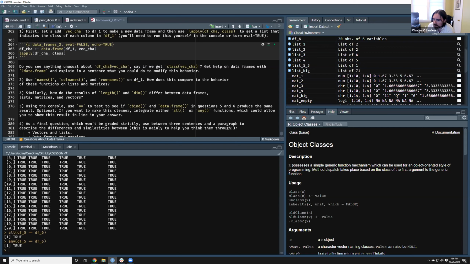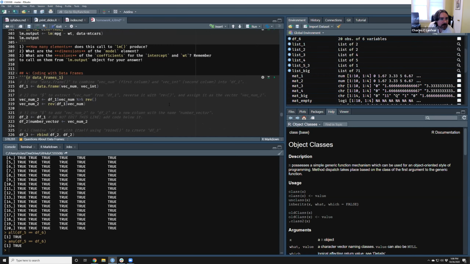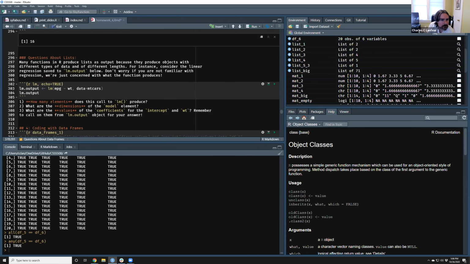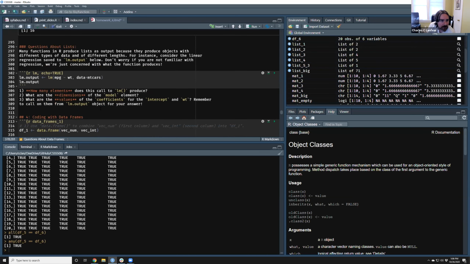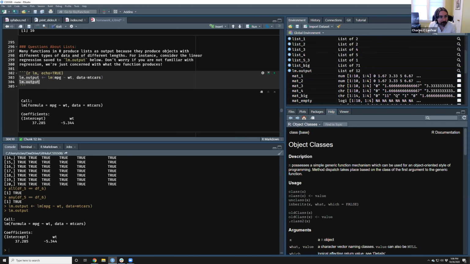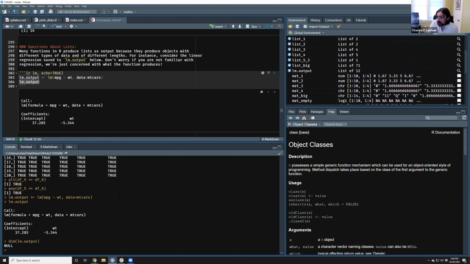Question 2 of questions about lists. I get null as a result. What are the dimensions of the model element? No. That is, it's true if you use the dimensions command. So if I run this and get LM output, it has no dimensions. The reason it doesn't have dimensions is that it's about getting the 2, 3, 4, 5 dimensional dimensions of an object.